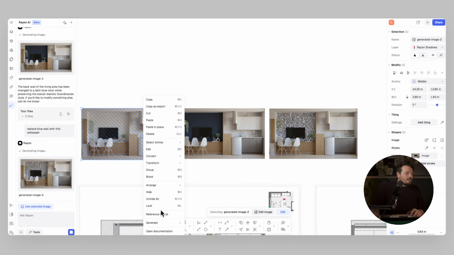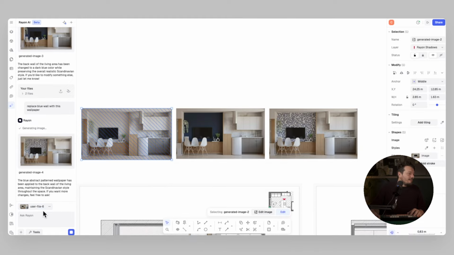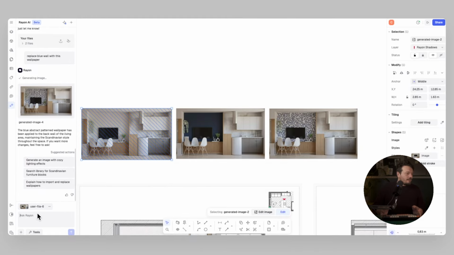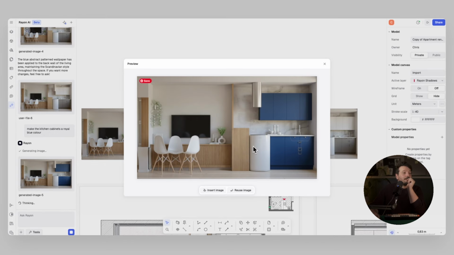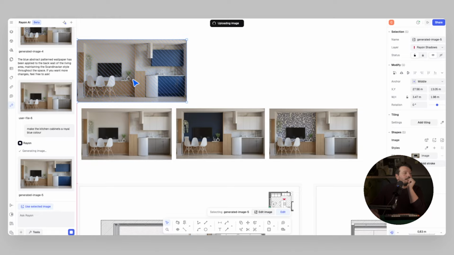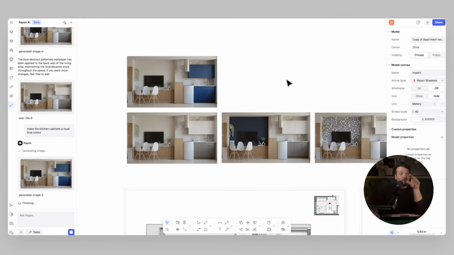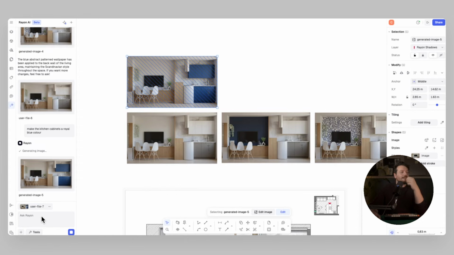So again, I can reference the original in the chat, and I could say something like make the kitchen cabinets a solid blue. Good. And say I wanted to take that option further, so I would just make sure that's the option that I'm referencing when I then prompt the AI tool again. So using that blue color, I could say